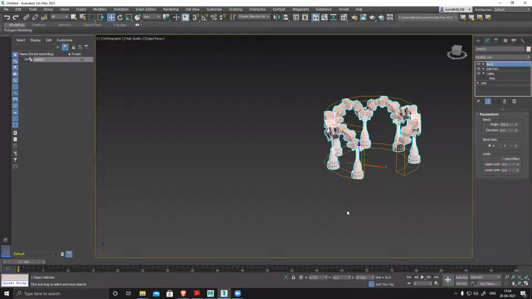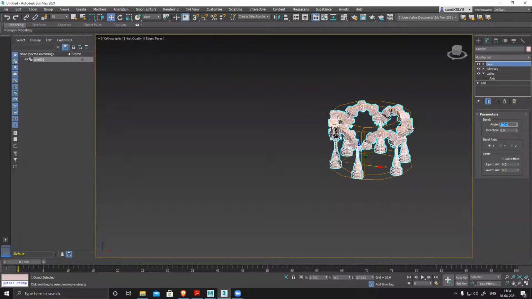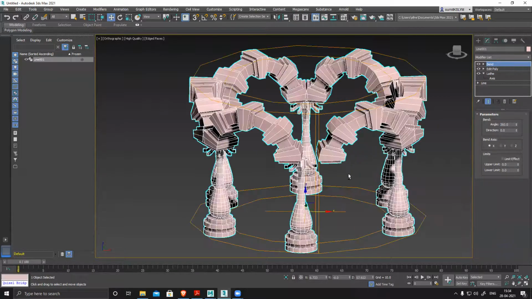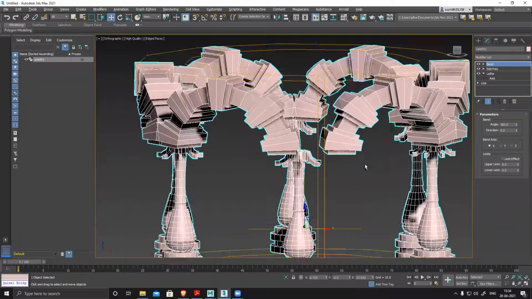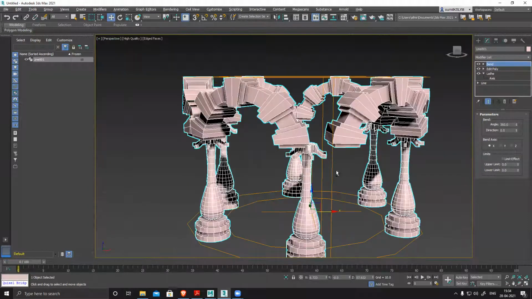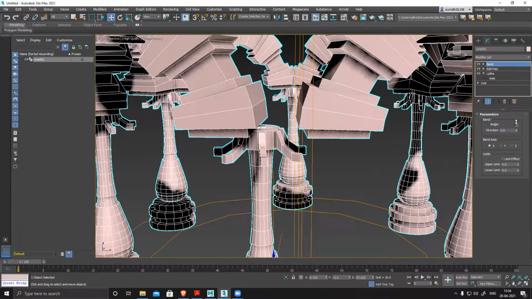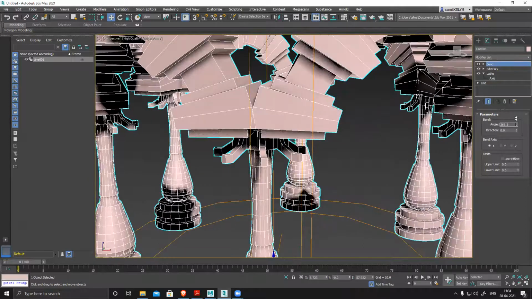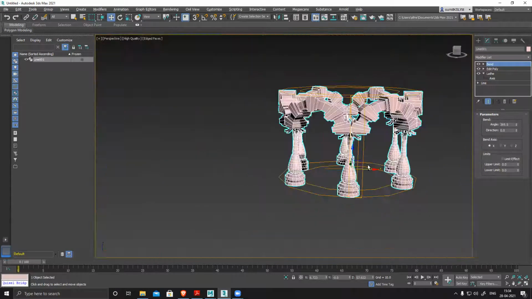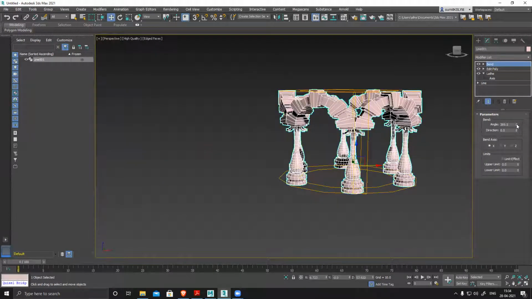I can go beyond 360 also. 360 is basically 100% circle, but the only issue with this modifier is it reads this endpoint to this endpoint. So this endpoint to this endpoint is basically 360, but to fix it, I have to push it a little further, maybe slightly more, 370.